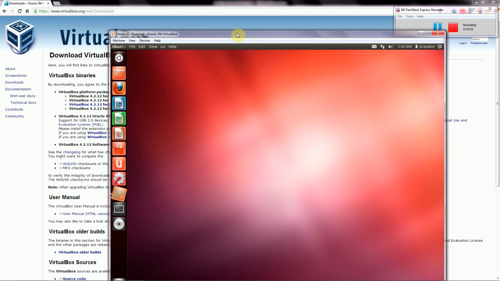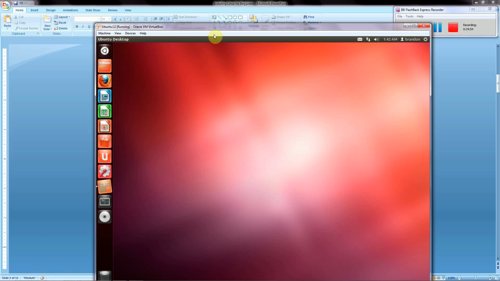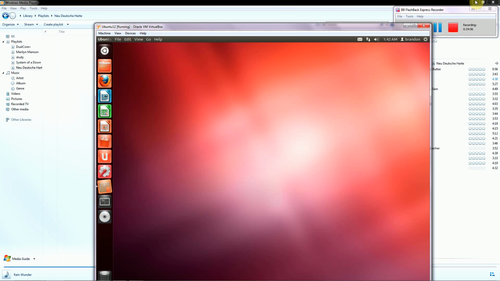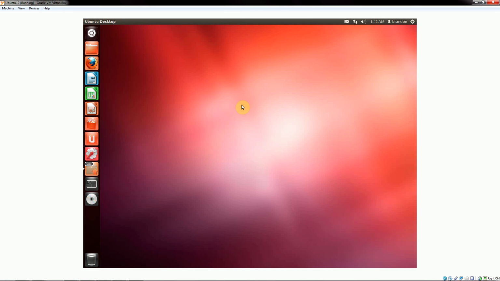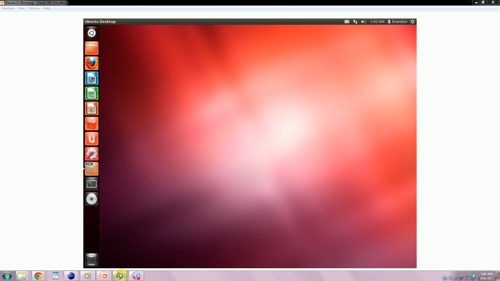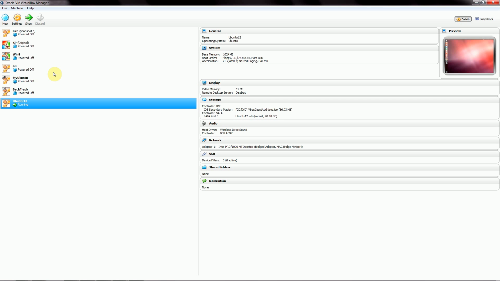So now what we have is a fully functioning virtual machine, and we can use that alongside our Windows and operate within the two different environments at the exact same time. And there's no real limit except for our memory constraints to how many of these we can run at the same time. So if I wanted to go ahead and run, let's say, a different version of Ubuntu,